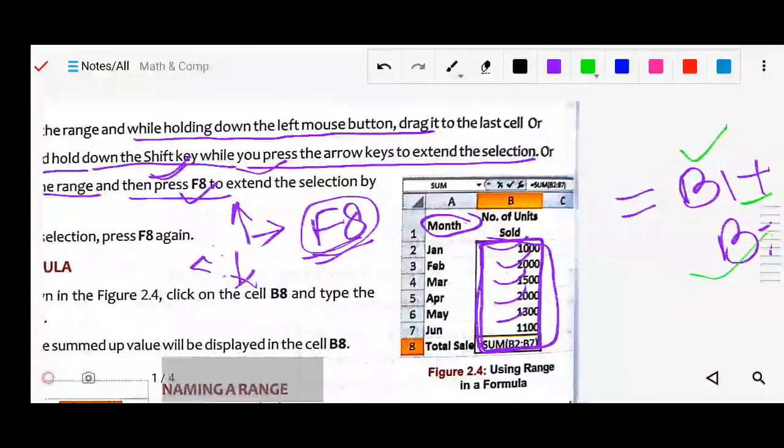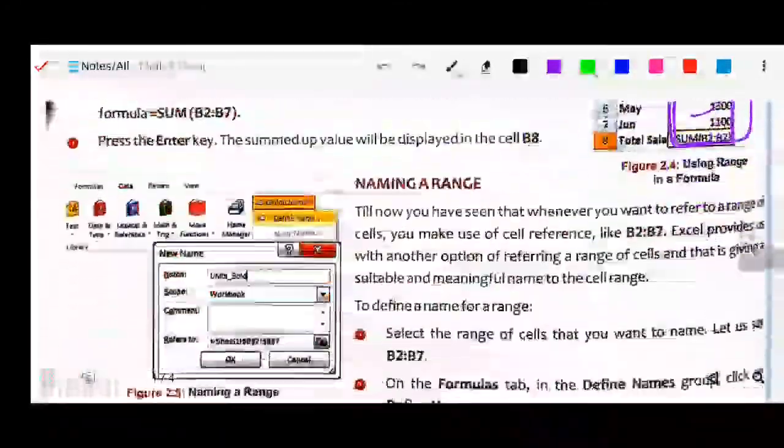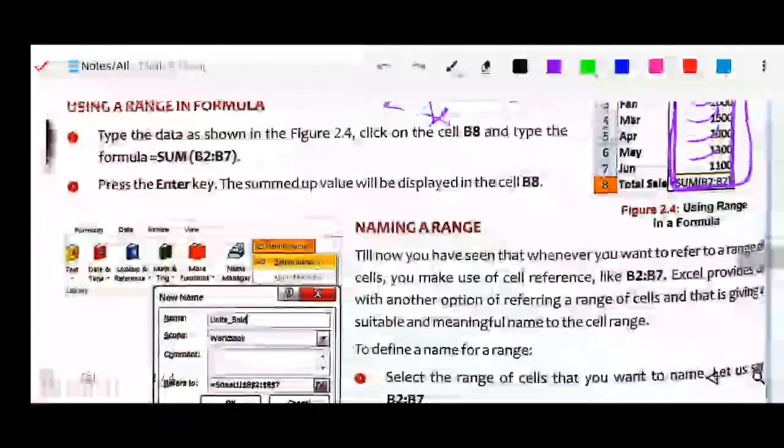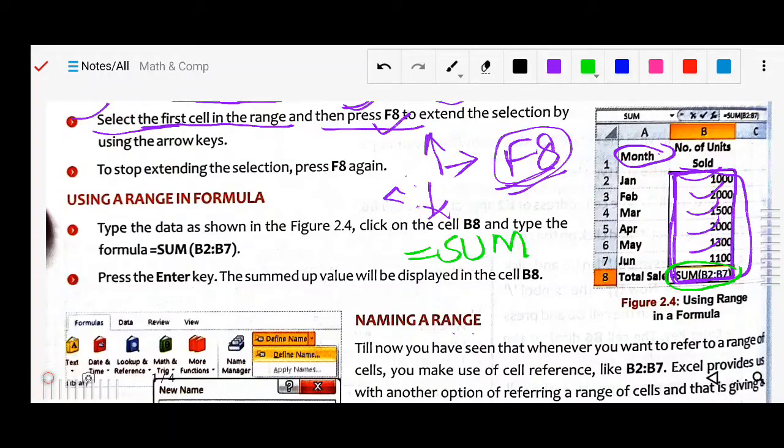But here we can do it once. First of all, to get the result, we write the equal sign, then the function SUM, which is predefined and comes with Excel. Then use the starting bracket and select from here to here, up to where you want to add.